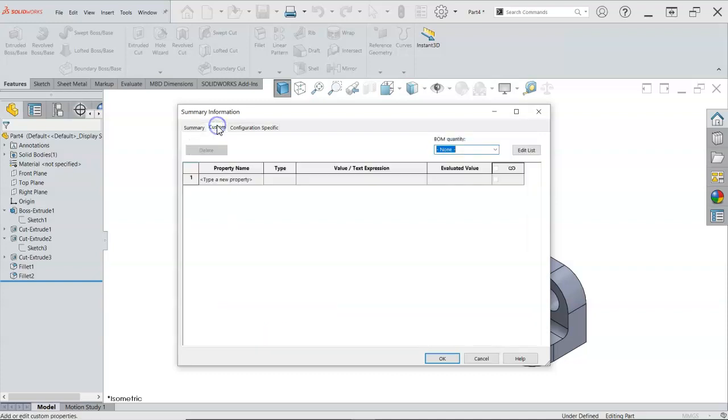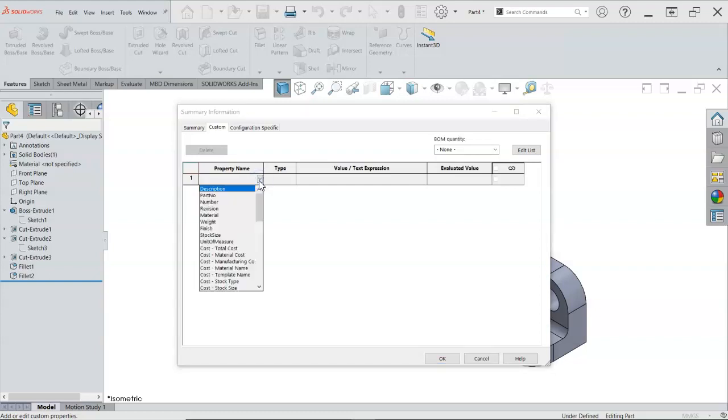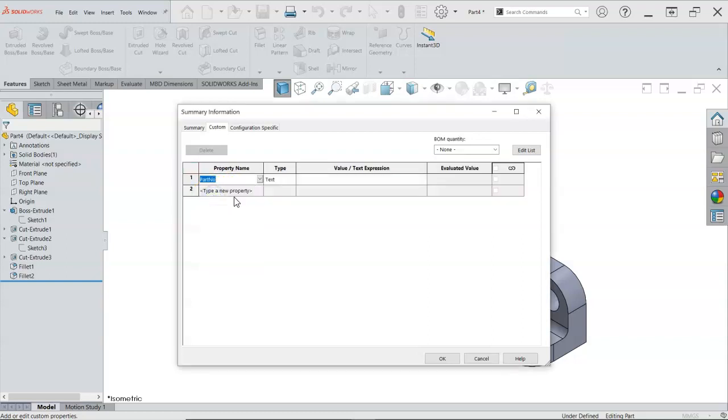So when we go into the custom property, I'm going to save this and name it base, so that will become the part name. So there may be a good reason to have the part name not exactly the same as the file name. Right, so we have a description, we have a part number, and on the part number we're going to enter